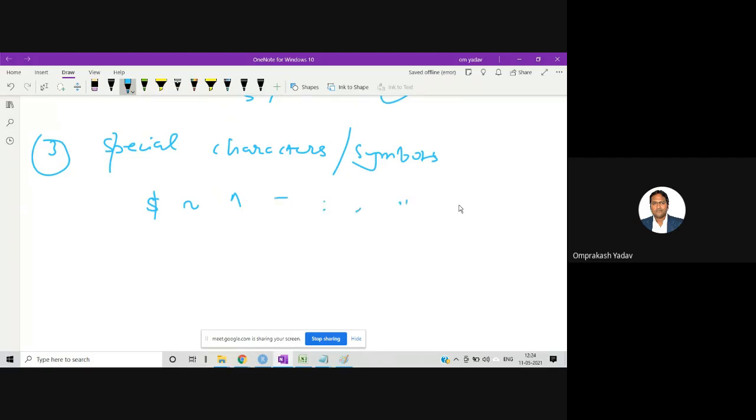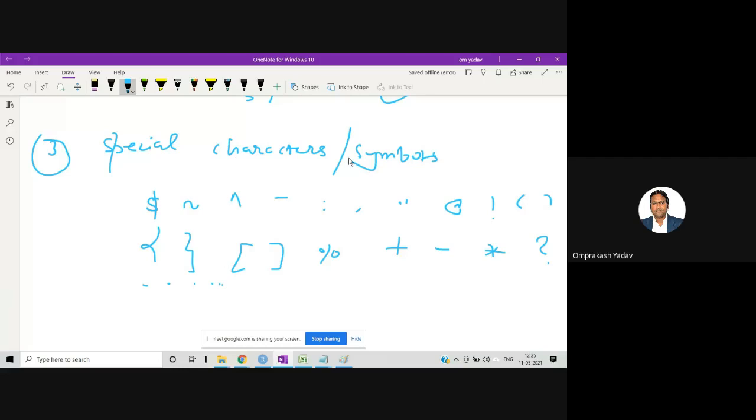Quotes, at the rate, exclamation, brackets open and close, curly brace, square bracket, percent sign, plus, minus, into, question mark. All these symbols.